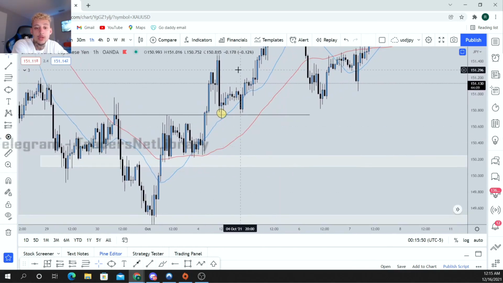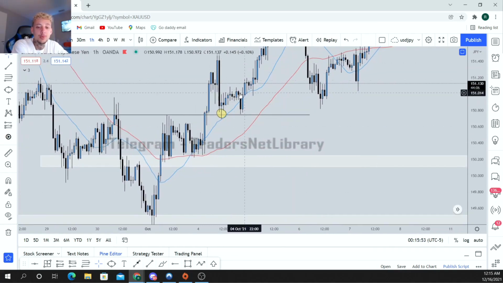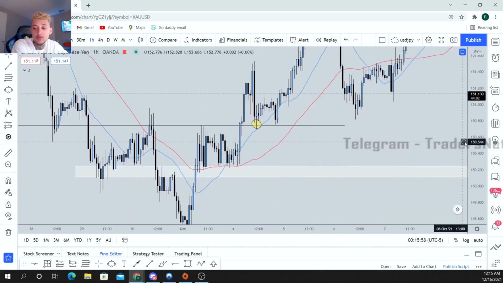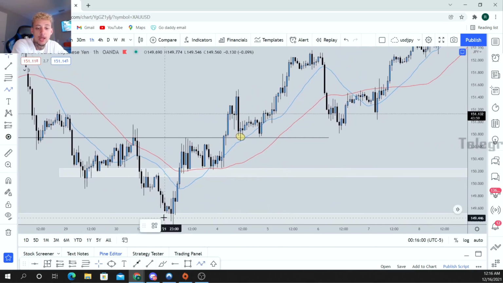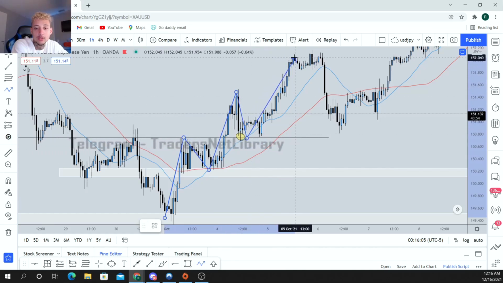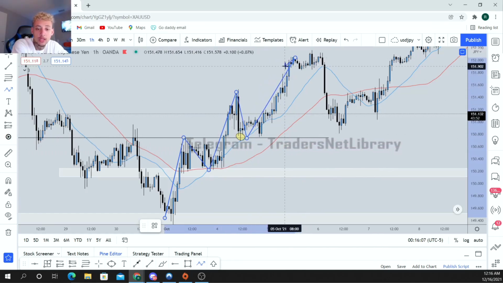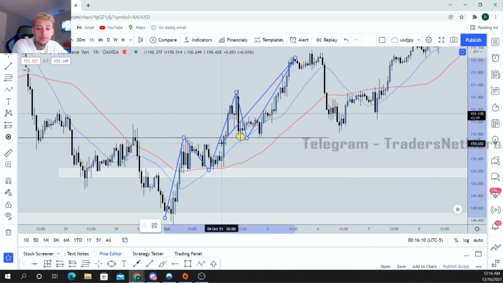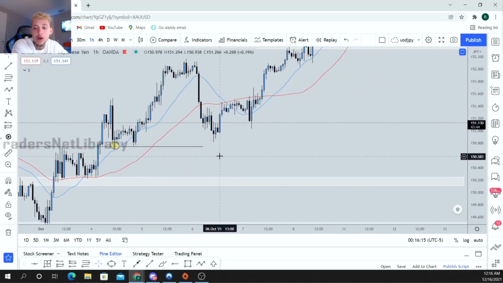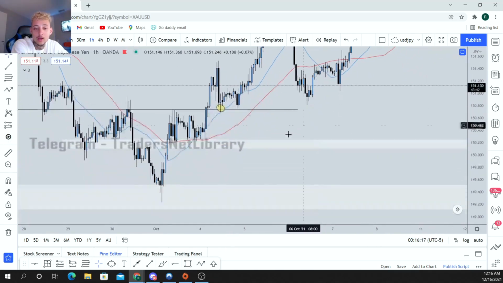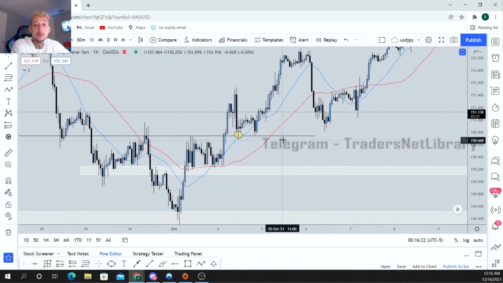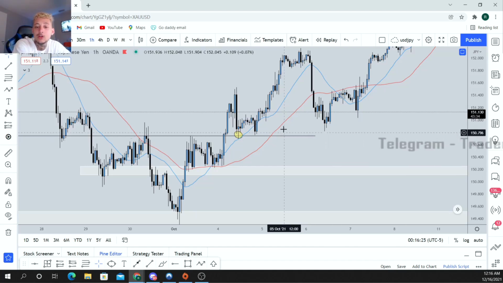Another confirmation, 3-leg extension. This is possibly the pullback and you're looking to catch the 5th leg. Why is it the 5th leg? Because remember, we're looking to buy on the higher high. We're looking to buy on the higher low. So this would be the higher high here. This is the move we're looking to catch, right? 1, 2, 3, 4. We're looking to catch the 5th leg here. So you're looking to buy somewhere along the 4th leg of the extension of the trend, right? All we're simply doing is anticipating when that 4th leg will end,